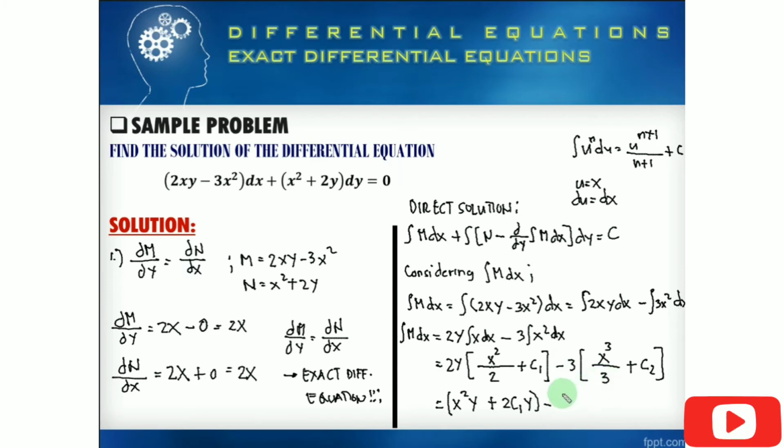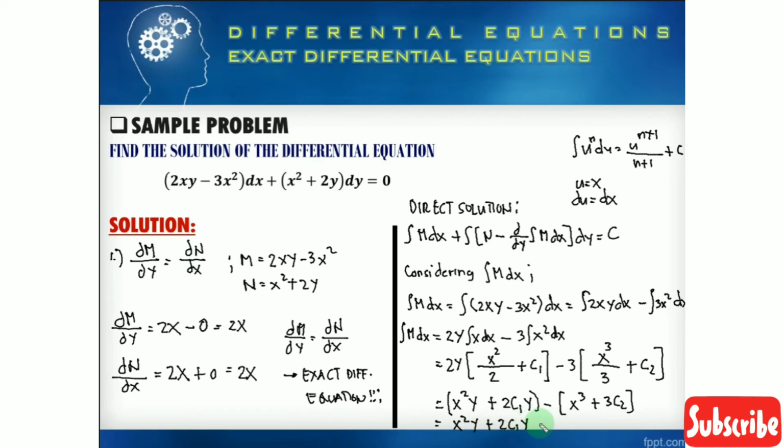We only distribute the number 3 in each term, so this is minus this quantity here, so the x cubed and the 3 times plus c2, so this is plus 3 c2. Okay, so simplifying, this is just equal now to x squared y plus 2